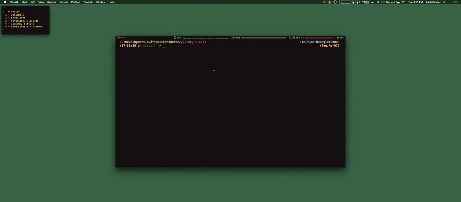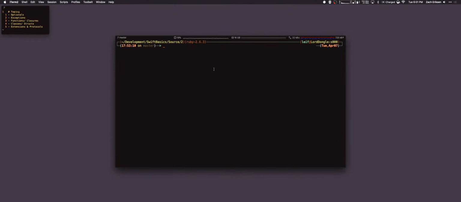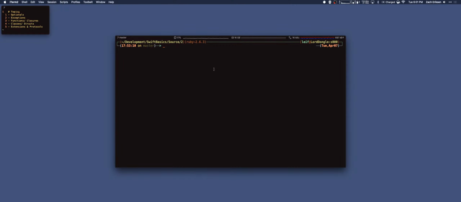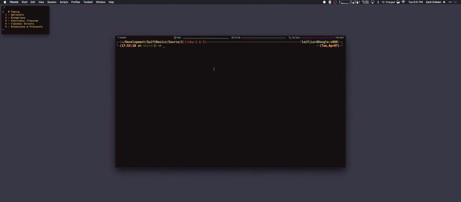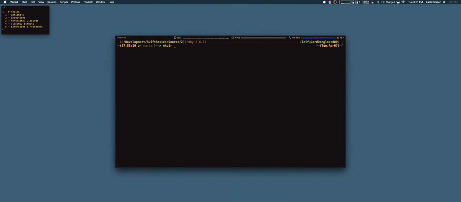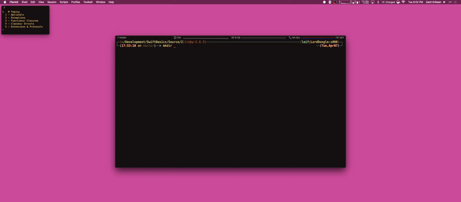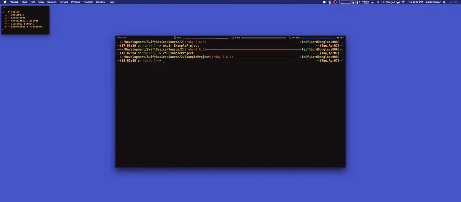The command that we're going to type in, and feel free to make a directory really quick and go into that, because we're going to make a Swift package and use the Swift Package Manager to generate that. For that to work, we need to be in a directory that the package will be named after. So I'm going to make a directory called example project, and go in there, and then once I'm in example project, I can run